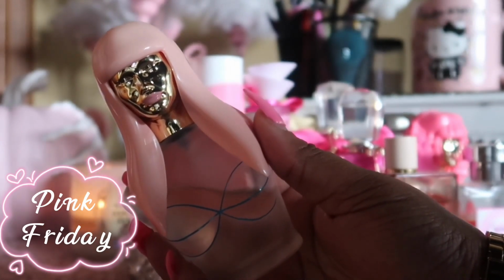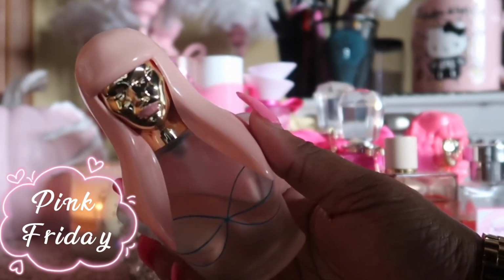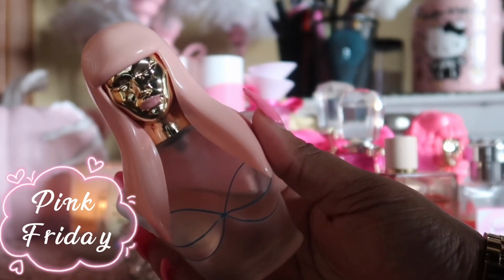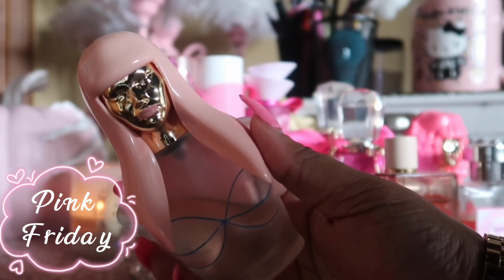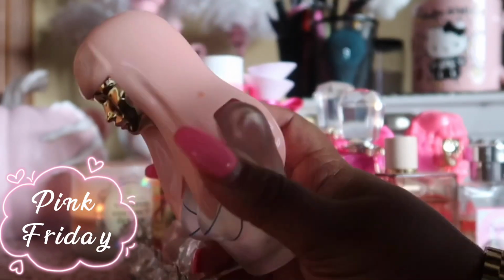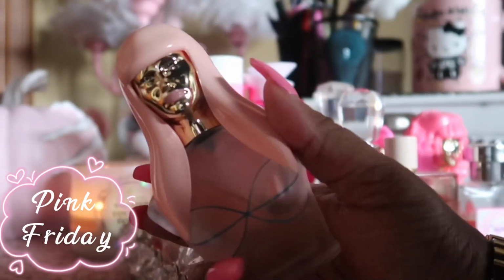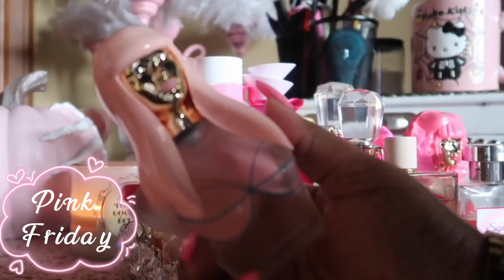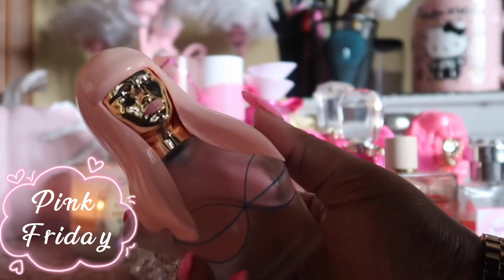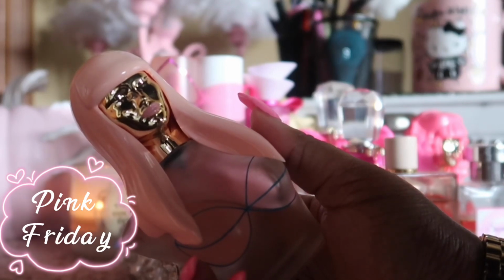But of course, we have to talk about the iconic bottle. I love how she has her gold face, just like on her other perfume. She has her bra, and then of course she has her iconic pink wig on. So we love to see it. I just absolutely love this bottle so much. So this fragrance has notes of vanilla, caramel, boysenberry, exotic star fruit,